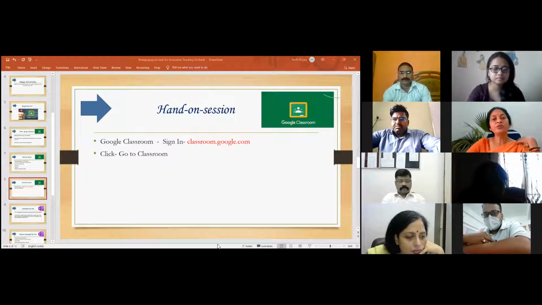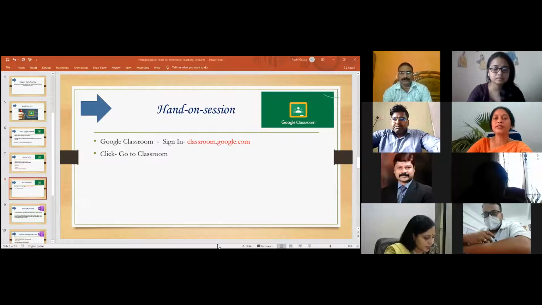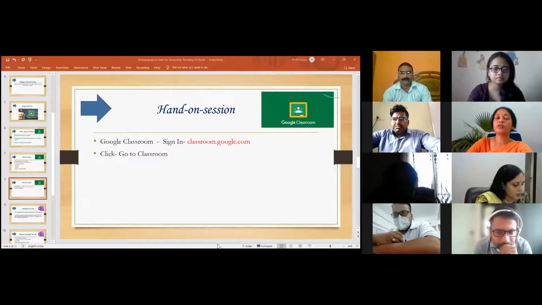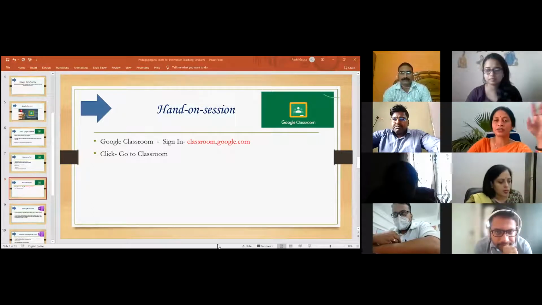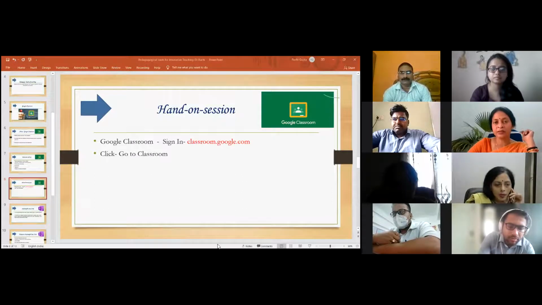Whenever you make a student join a class, you have to send a link to them. If the student has not given consent to join the class, then he or she will not be able to join the class and access the content. So the students who are denoted through black, and this is the gray one.